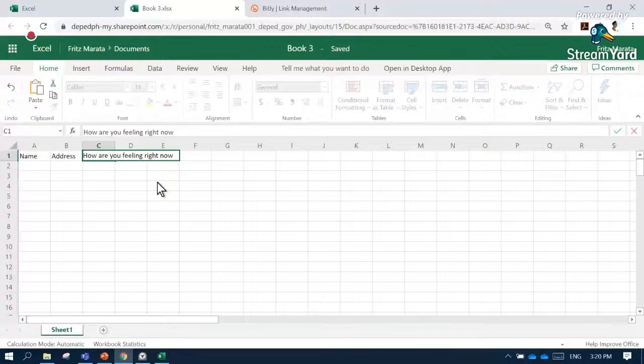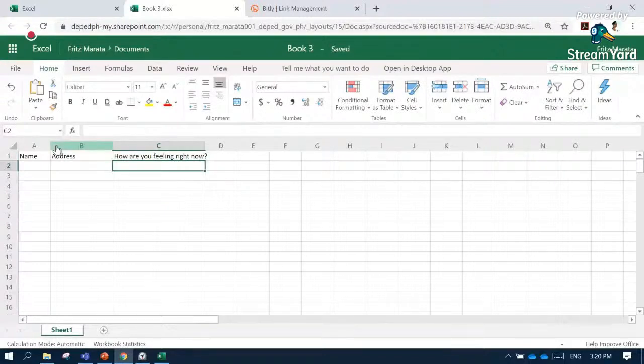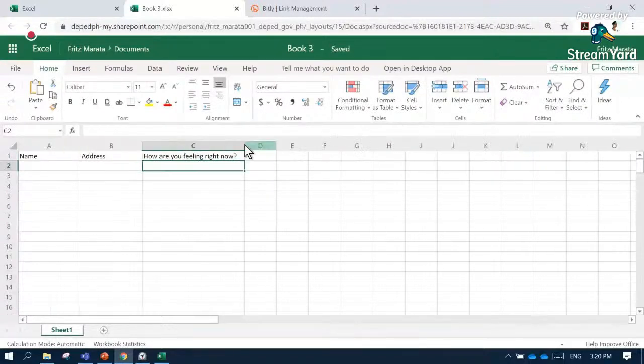Okay, there. After creating your workbook using the web application, you can share that to anyone with a link, so that anyone with the link can access the workbook.